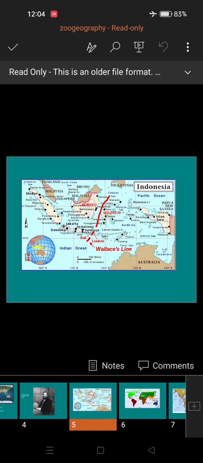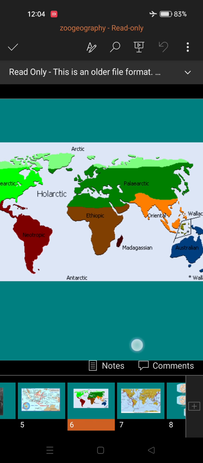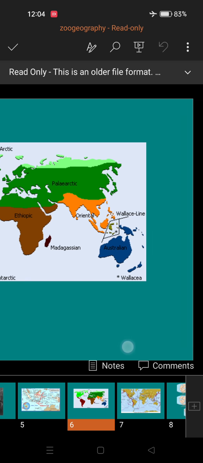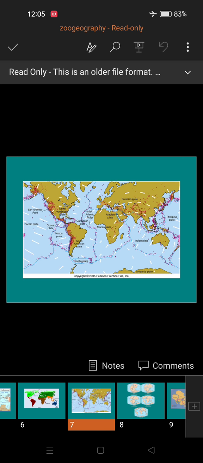So you can see how zoogeography is located in the world. In the Indian Ocean you can see the Arabian Sea, the Hindi Mahasagar, or Bay of Bengal. And these are the actual realms you can observe in the world: Nearctic, Holarctic, Neotropic, Antarctic, Ethiopic, then Palearctic, and Oriental. See these realms of the world, how the structure looks, and this is a world territory map of the